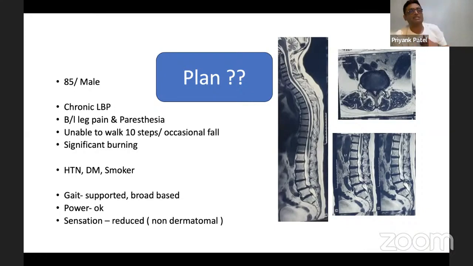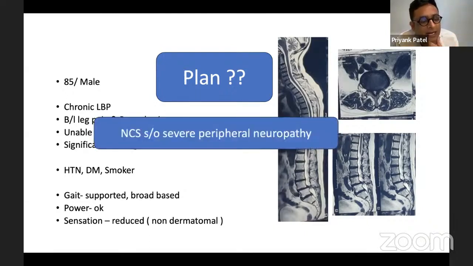So EMG, NCV, SSEP here will tell me if that dorsal stenosis is significant. Because if there is delayed SSEP, then you would want to get a detailed dorsal spine MRI done to see if that level is stenotic. A peripheral neuropathy, when a patient is presenting with it, helps us counsel the patient that eventually after the surgery, his claudication is going to get better, but he will have residual sensory symptoms in the legs. So that is what all these neurophysiological studies are going to help you out with.